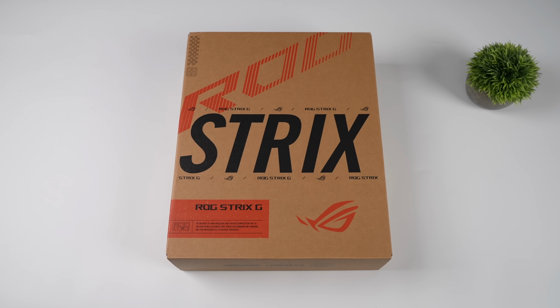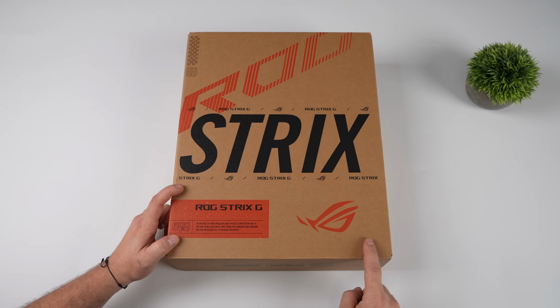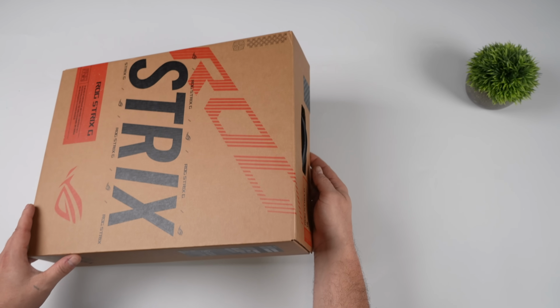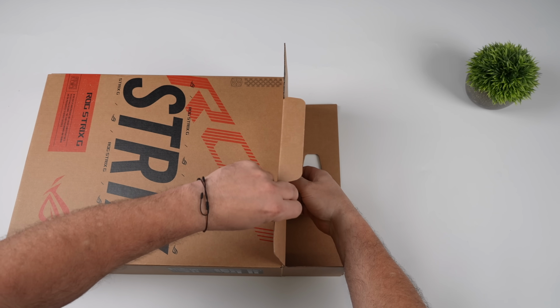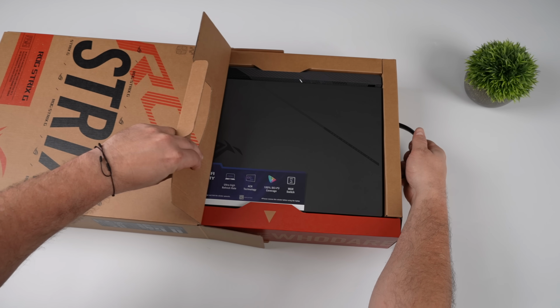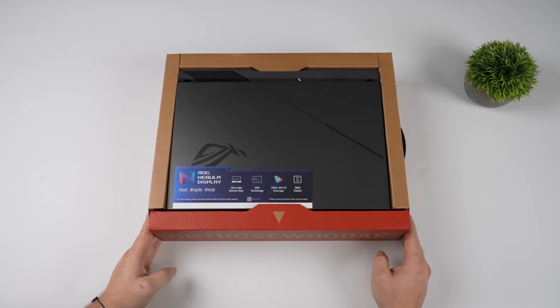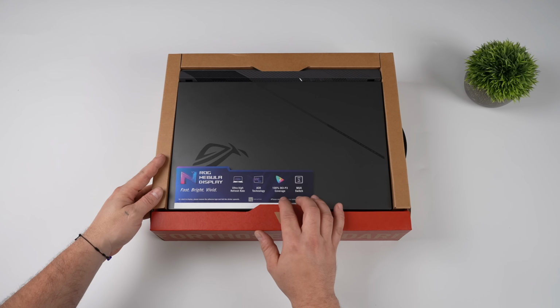In this video, we're going to be taking a look at the all-new 2025 ROG Strix G16, and this is a laptop that I've really been wanting to get my hands on, mainly because of the CPU we're using here. This has the all-new AMD Ryzen 9 9955HX 3D, 16 cores, 32 threads, and this is paired up with the new RTX graphics card. We'll talk more about that in just a bit,